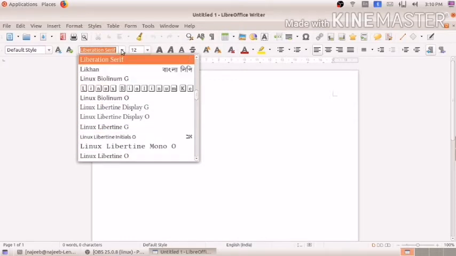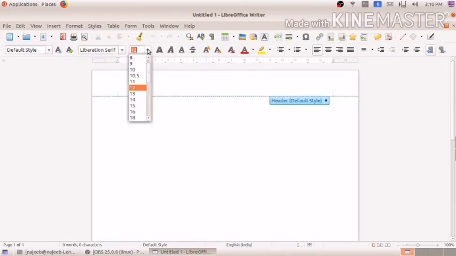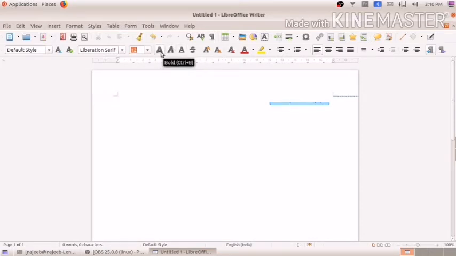We can change the font style, and here you see font size, and we can change font styles like bold, italic, underline, strike through, then superscript, subscript, clear direct formatting, and many things. Here you see font color, highlight color, and bullets and numbering.